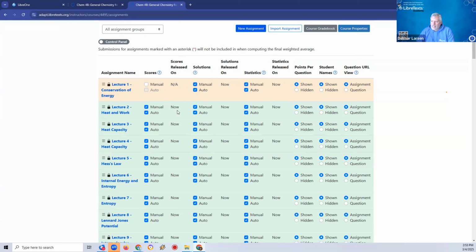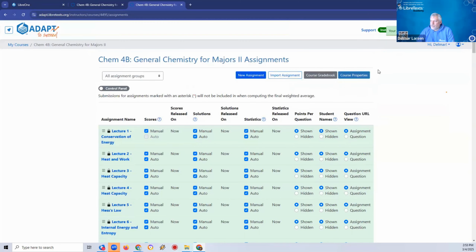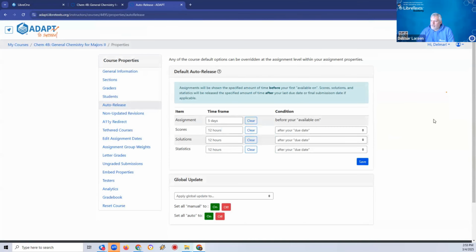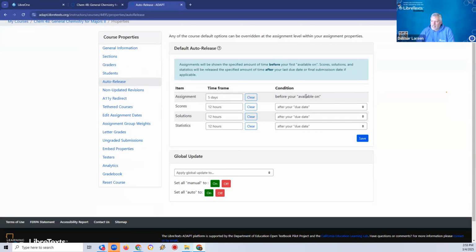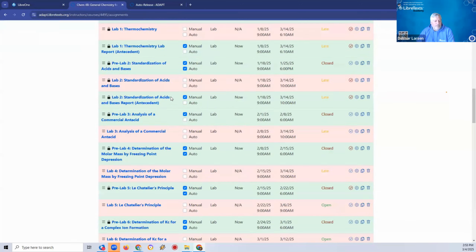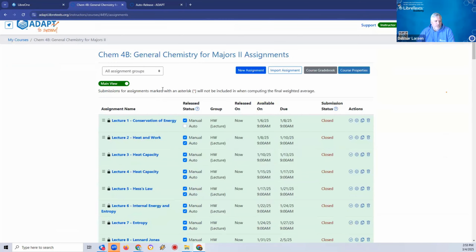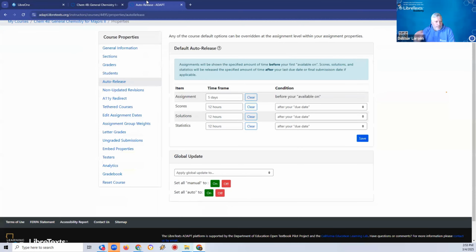In this case here, I typically release the scores, the manual, and the solutions at a certain date. And I've selected that. And I'm going to show it to you here because, again, I have already prepared it. So the assignment is shown 5 days before available on. I do that because I have a lot of assignments and I don't want students to get overwhelmed by the amount of work that they need to do in the class. So I drip it in slowly. I can obviously change this to 1 day or however I want to go about doing it.